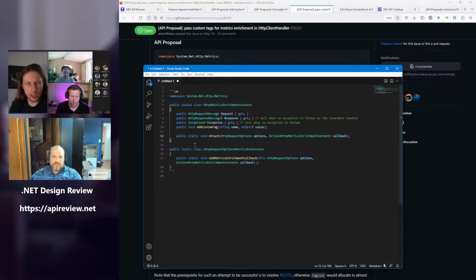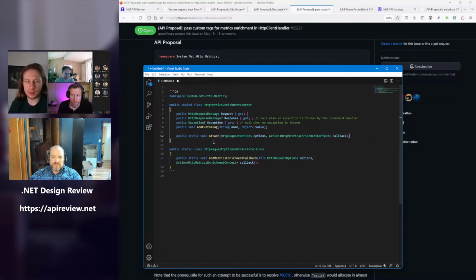Yeah, so there are multiple callbacks, so attach is definitely not a name I like because it will create a list internally. And I honestly like it better as an extension method because it doesn't feel like it belongs to the context, like something that adds.